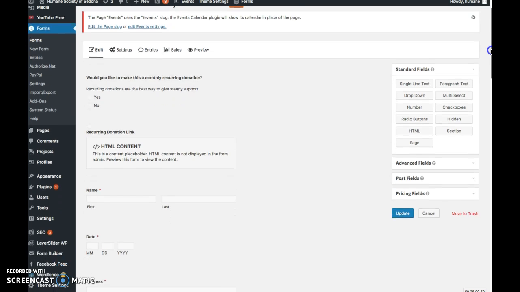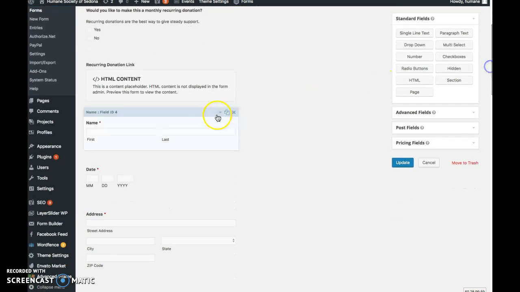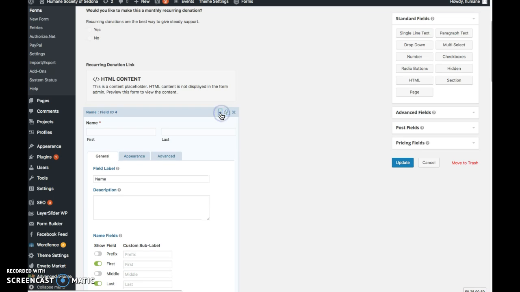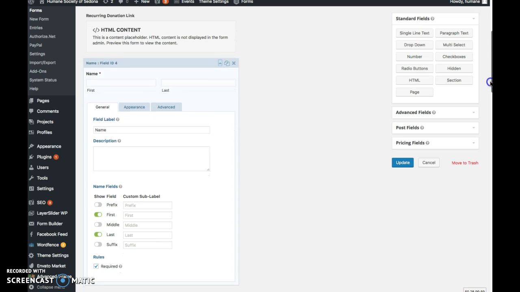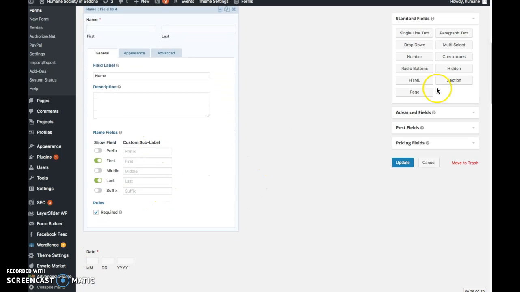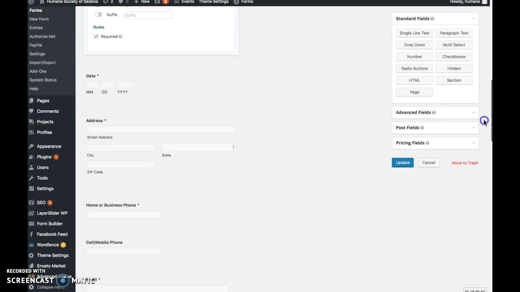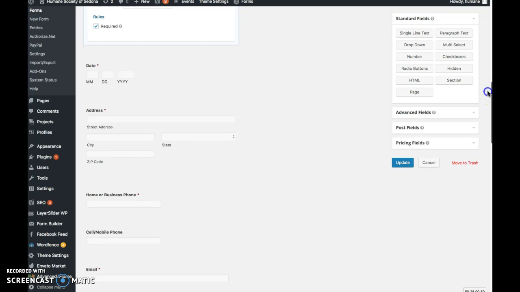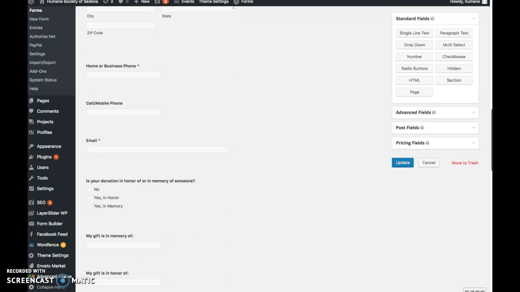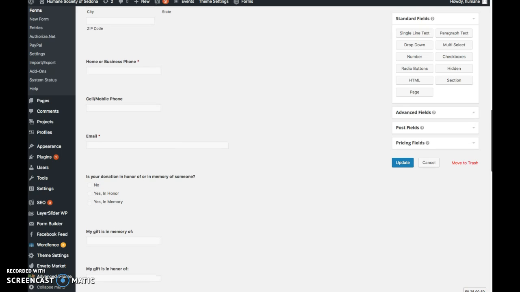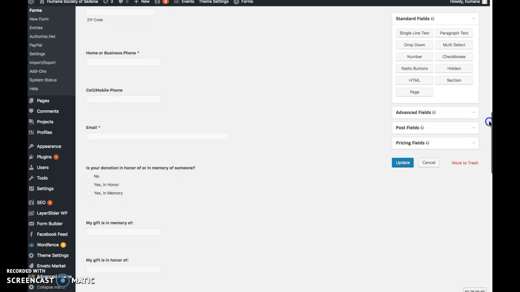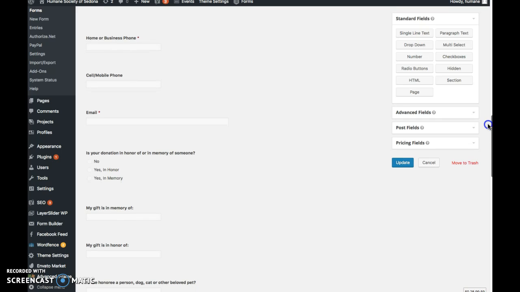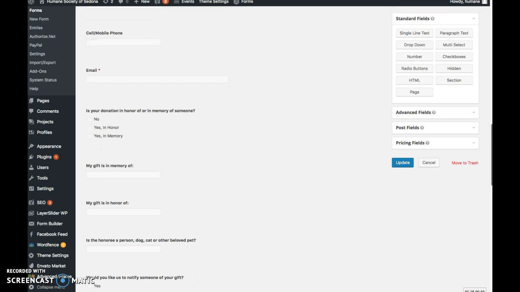And in here, in a previous video, I did go over how to just use this little pull down arrow here that opens up each one of these individual areas so that you can go in and make any changes or updates that you need to individual fields. But in this video, I'm going to go over how to add fields, and specifically how to add fields that have conditional logic, which means that whether or not they appear is based on the answer to a question